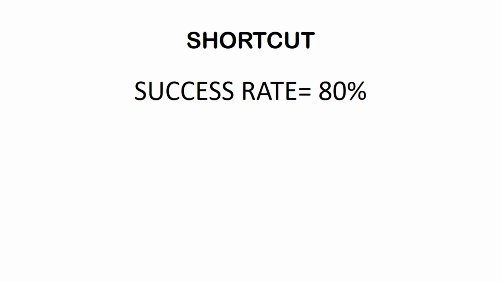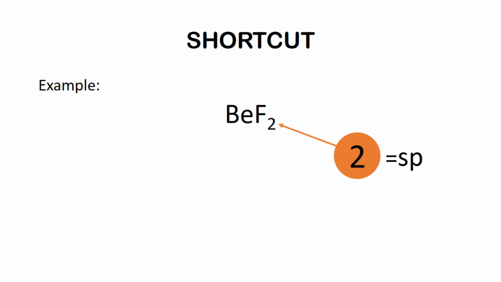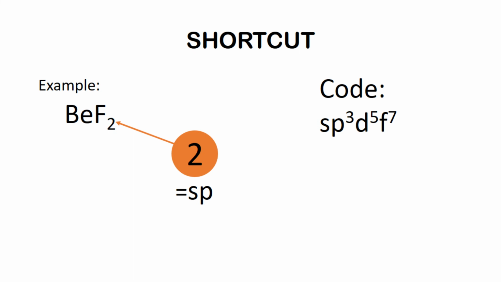So now, the shortcut that you've been waiting for. How do you quickly determine the hybridization of any compound given to you in text or exam without having to draw it out before you can get the answer? It's quite simple. It works for 80% of the questions you might come across on this topic, and 80% is a pass, right? For example, what is the hybridization of BeF2? What you need to first do is check the subscript. Subscript here is 2. It means sp. What you just have to do is spread the number across